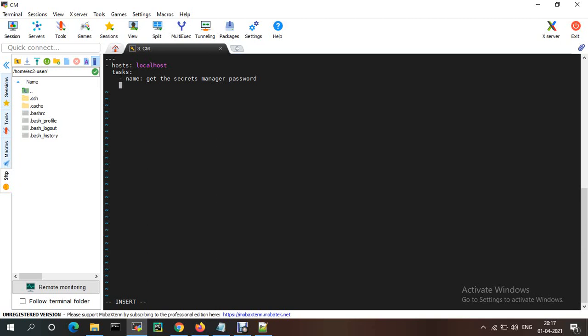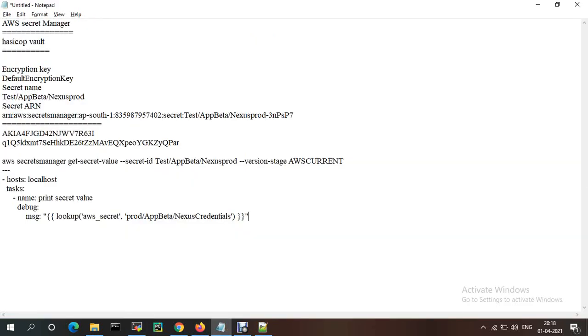To get that one, the module is the debug module, and the message is like this, a lookup. Here the secret name, AWS secret, and you just need to give your secret name.